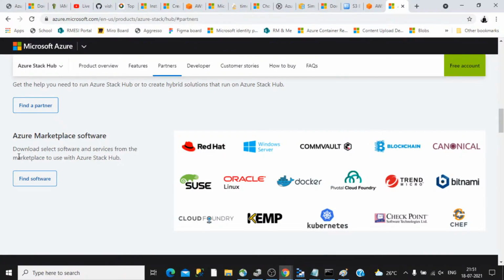See the other options. They have a marketplace that allows the Azure Stack Hub device to use services from these different areas.